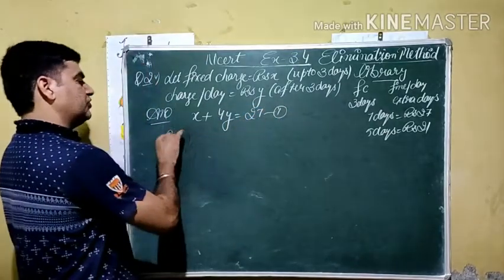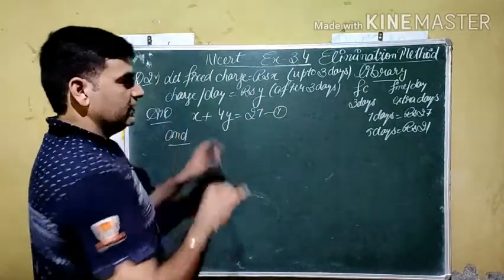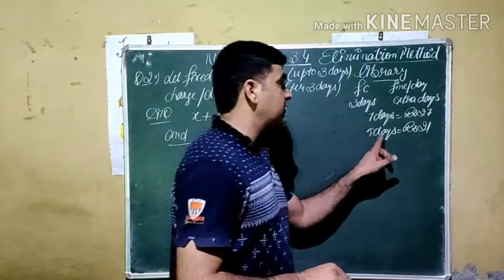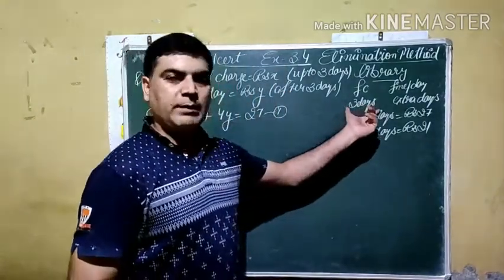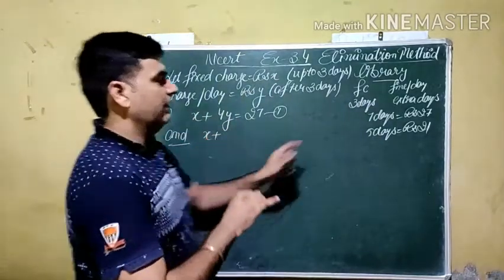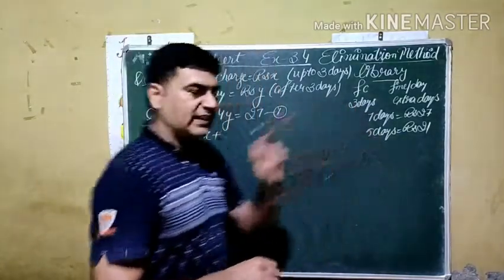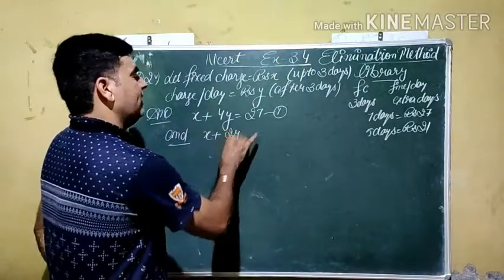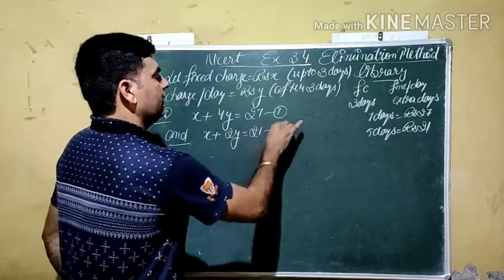And the second situation, if you see here, the person keeps the book for 5 days. It means for 3 days payment is fixed, that is given by x. How many extra days are left? If we subtract 3 from 5, 2 days are extra. It is given by 2y. Total is given by 21.